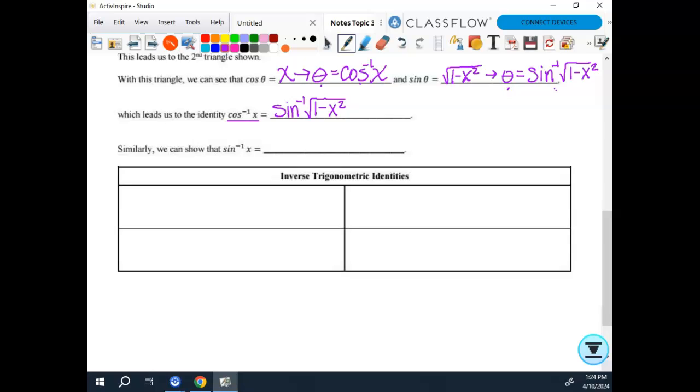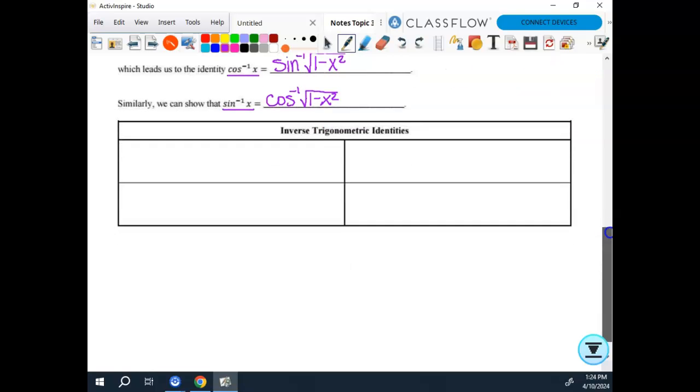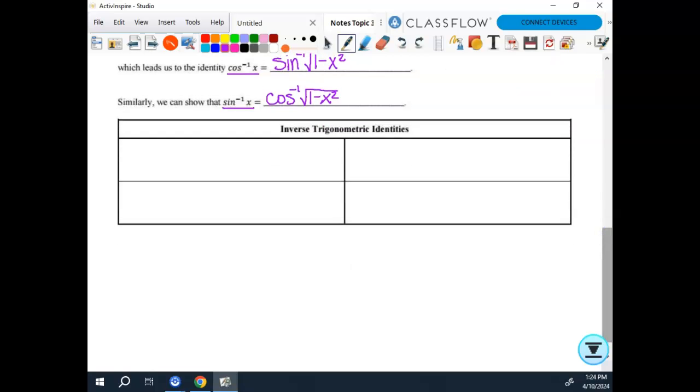If I redid this again and then labeled the height as x and turned my triangle, then this is going to equal the cosine inverse of the square root of 1 minus x squared. So you can write it in either direction. So let's write them in here. We've got cosine inverse of x is equal to the sine inverse of the square root of 1 minus x squared,